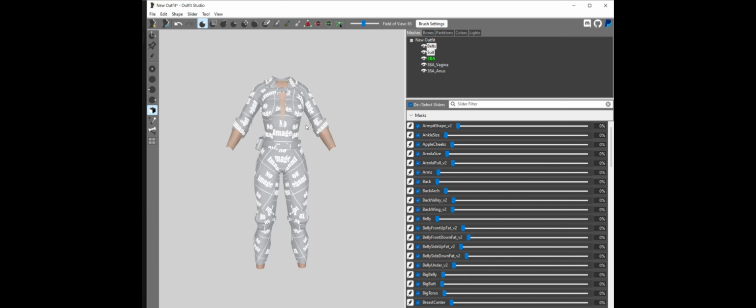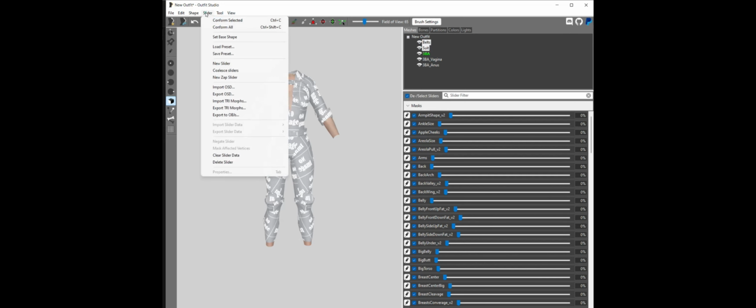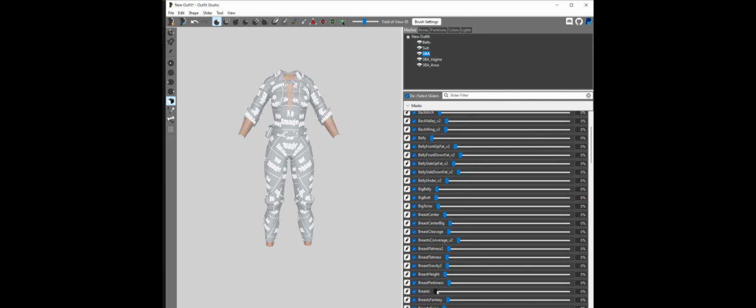We then have to check every mesh of our armor and check the partition number, the body partition, to ensure it's the right one. So this is an armor, so it should be 32 body in both cases. Otherwise you change it there and apply. Now select all the armor meshes and go to slider and conform selected. This is what we gotta do for the armor to follow the shape of the body. Let's check. Yeah, it's definitely working.